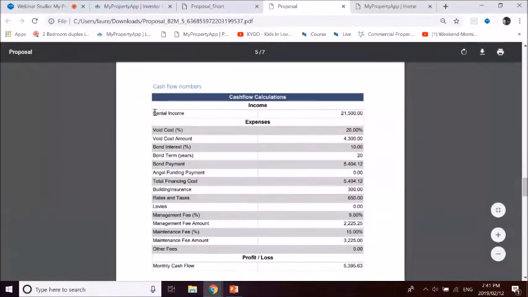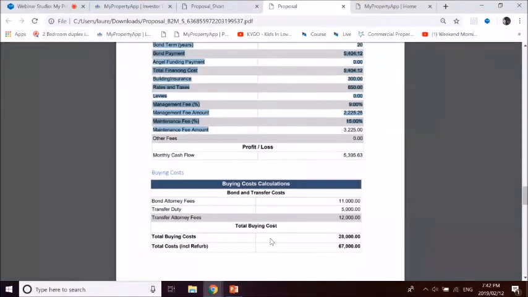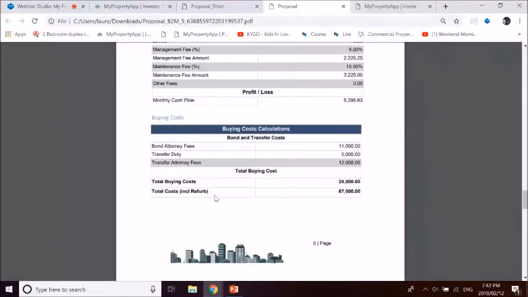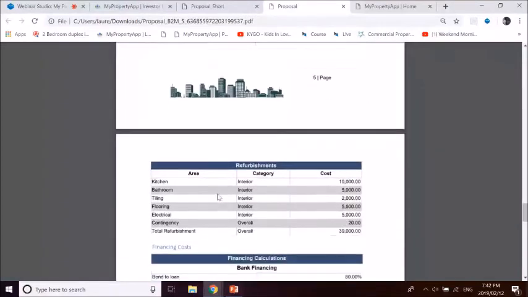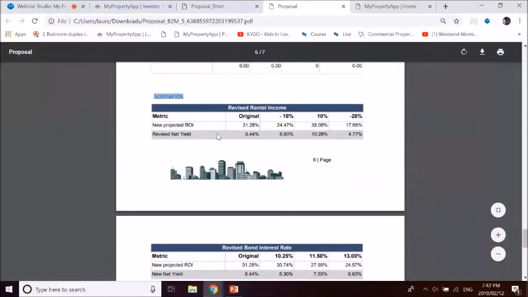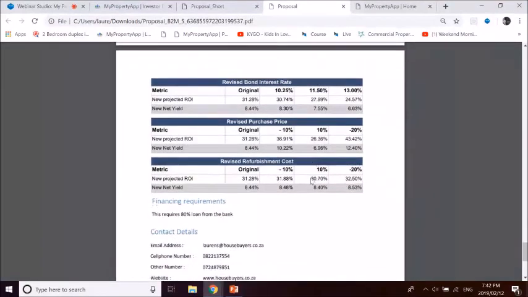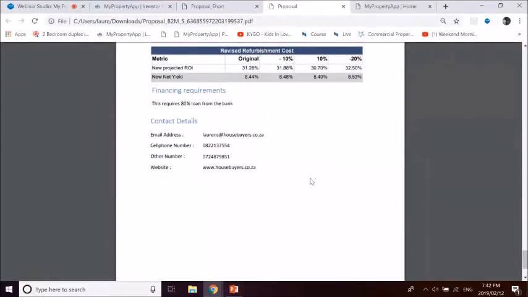So I'm just going to use some quick numbers here again. The same deal that we were looking at, 1,000 rental. Let's say that the agent says there would be 8,500 for this buy to let. Step 2, you can click here to your uber.co.za home loan transfer calculator. We are in the process of automating this. We just need to work with the legal team, and they'll be able to tell us exactly. If the purchase price is, call it 700,000, the loan amount is 630,000, so you're getting a 90% loan to value. It's a freehold, it's not registered for VAT. It tells you what your total transfer costs are.